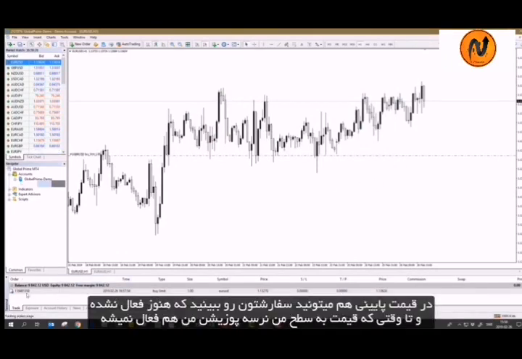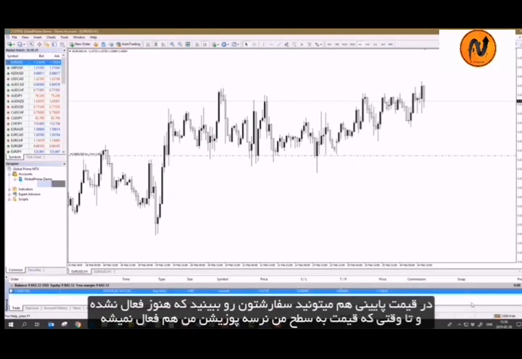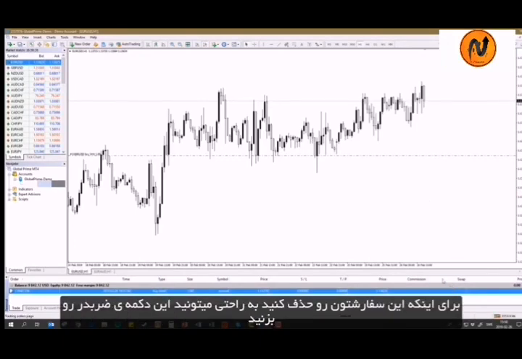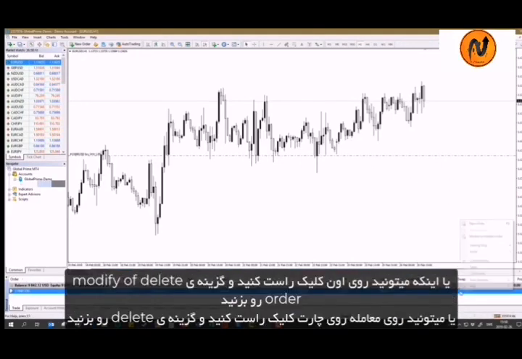Down here in the trade window, you can see it here. It's not executed in the market yet, it's resting here, so unless price gets down here, I won't get into a buy position. To remove a buy limit order or a sell limit order, you simply press the X here on the right. You can right click it, choose modify or delete order,